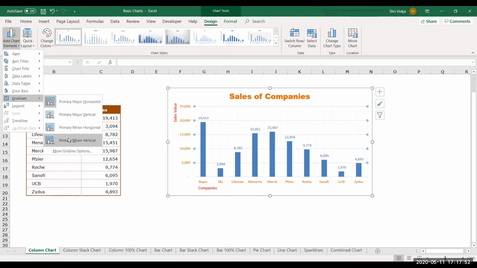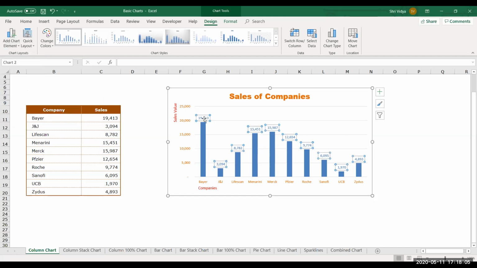These grid lines help us know where exactly the point of this series is reaching. In case I don't have the data labels, these grid lines will help me decide where exactly it is.